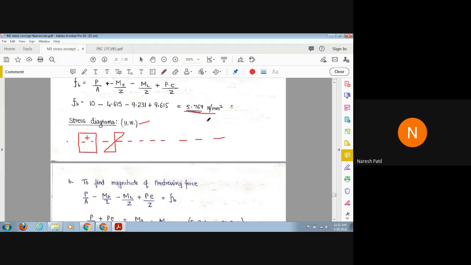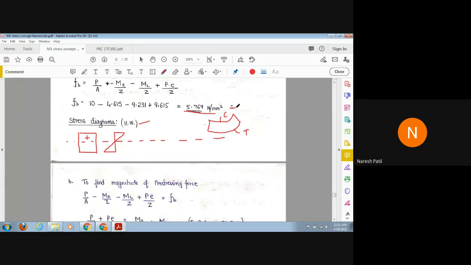So when the beam bends, as I told you, due to load, it will bend like this. So due to that, what will happen? The top fibers will be under compression and the bottom fibers will be under tension. This is already discussed, but once again I am trying to recall it for you people. So the top fibers are under compression, the bottom fibers under tension.